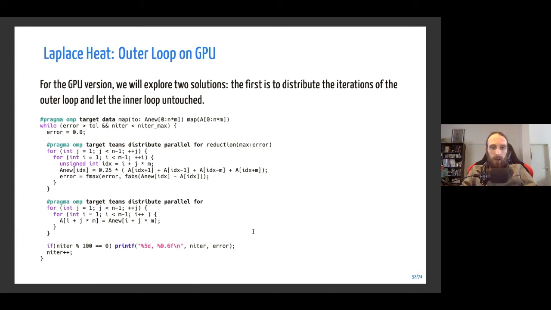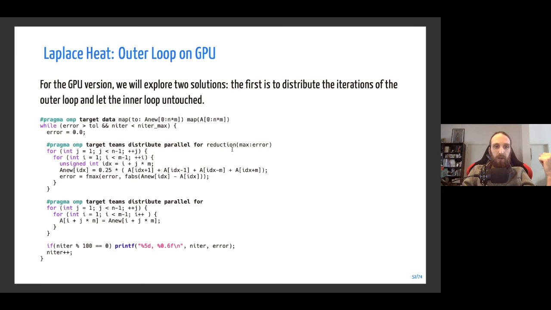So if we want to parallelize it on the GPU, we will explore 2 solutions, first with OpenMP. The first thing we do is that we need the ANU and A arrays on the GPU. So first we create a data region that we span from the beginning of the while loop to the end of the while loop.